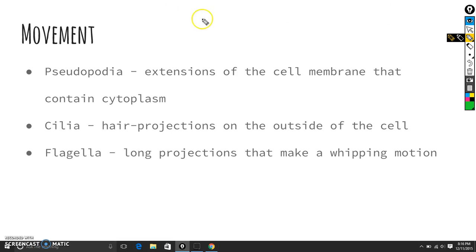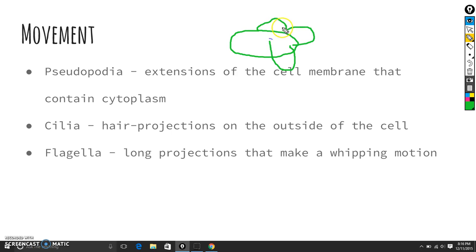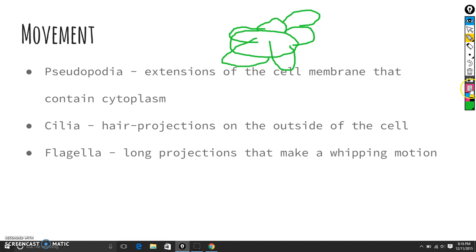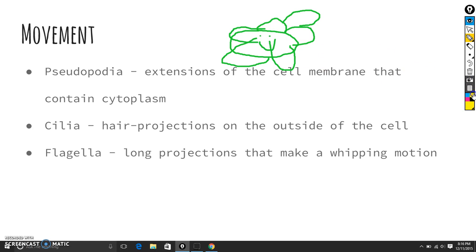Movement. This includes pseudopodia, cilia, and flagella. Pseudopodia are extensions of the cell membrane that contain cytoplasm. They are able to extend and contract their arms by disassembling protein filaments into microfilaments. The filaments near the cell's end interact with ATP and contract to become normal. This continues throughout the cell until the moving side is extended away and the opposite side contracts towards the moving side.